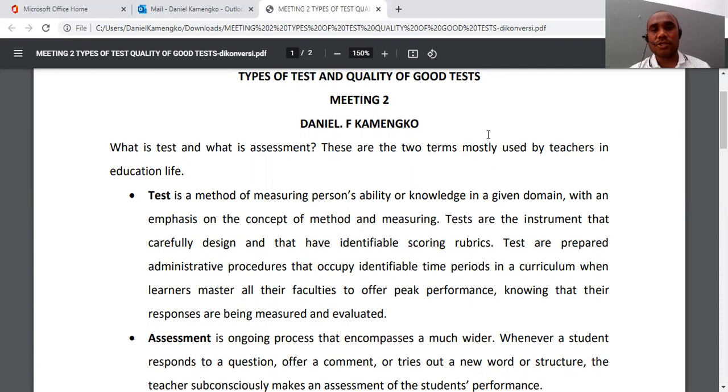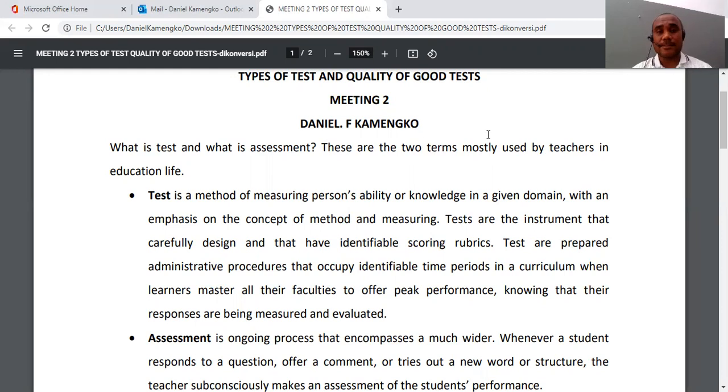But if you're going to be a teacher one day, the words test and assessment will be your area of work. So the questions of what is a test and what is an assessment are mostly asked by lots of students and lots of teachers. These are 2 terms mostly used in teaching and education life.